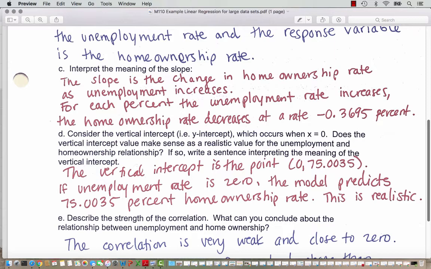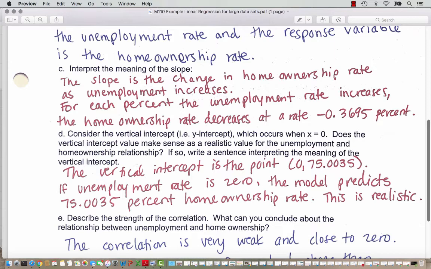Question D, consider the vertical intercept, that is the y-intercept, which occurs when x equals 0. Does the vertical intercept value make sense as a realistic value for the unemployment and homeownership relationship? If so, write a sentence interpreting the meaning of the vertical intercept. The vertical intercept is 75.0035. So if the unemployment rate is 0, the model predicts